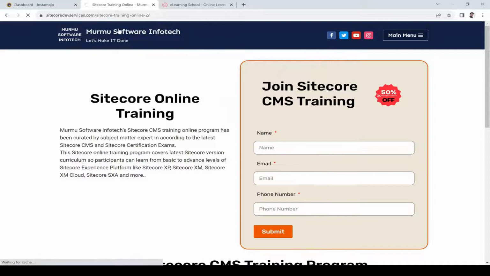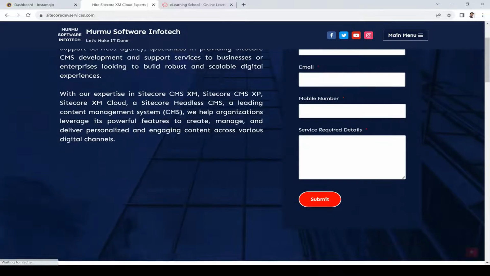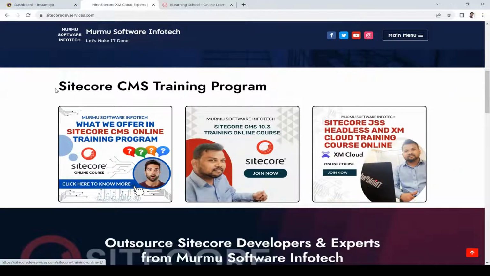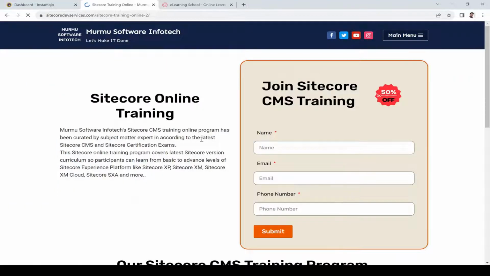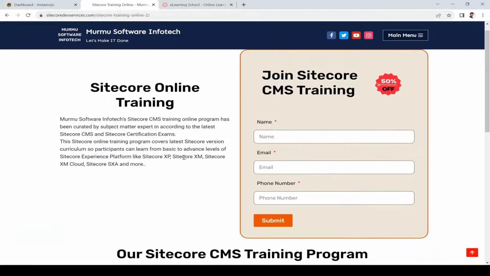When you access the website, on the home page you will see a Sitecore CMS training program, where you can select an individual training program, maybe the Sitecore CMS training program or Sitecore GSS. If you want to access the whole training program, you can just click this one, to see what we offer in the Sitecore CMS online training program. If I click it, it will redirect to a page where